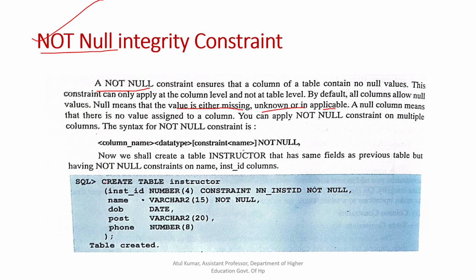For example, in this case we have created a table instructor, and that contains columns instructor ID, names, date of birth, post, and phone. And on instructor ID we have imposed this not null constraint. The name of this constraint is NNINST ID, and it is not null, meaning that instructor ID can't